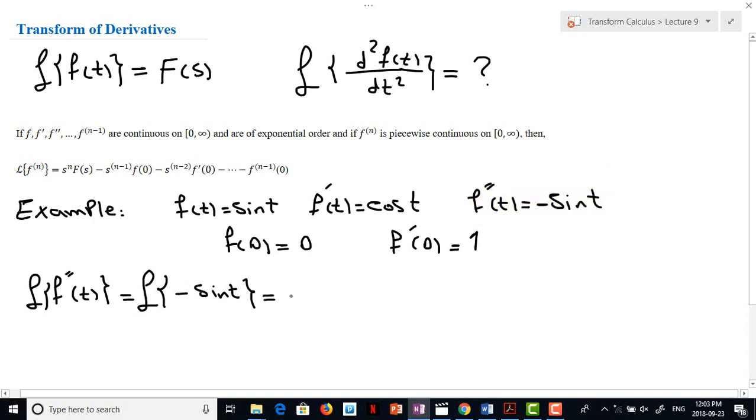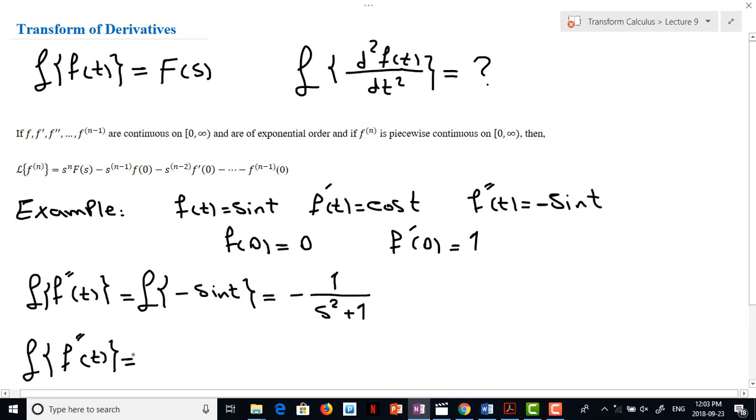It's equal to minus, so Laplace transform of sine is 1 over s squared plus 1. Here I found Laplace transform of f double prime t using direct definition. Now I want to use transform of derivatives. So Laplace transform of f double prime t,